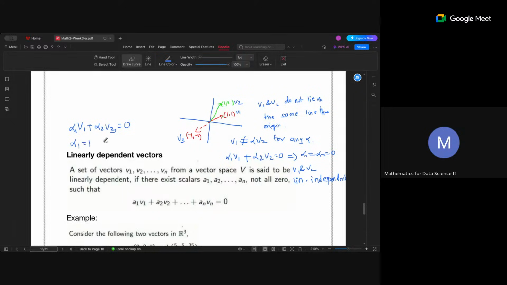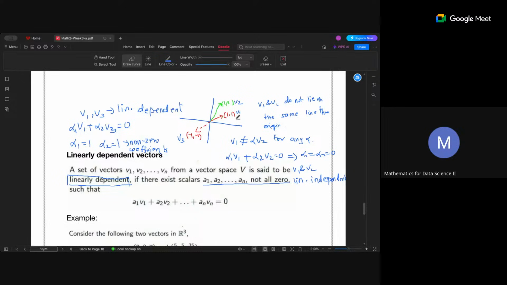Alpha 1 is equal to 1, alpha 2 is equal to 1. So you have non-zero coefficients, just like in the definition. If you have non-zero coefficients, then you say these vectors are linearly dependent. You call them linearly dependent. So you see that we are linearly dependent. Do you visually understand, from the graphical point and also from the definition,